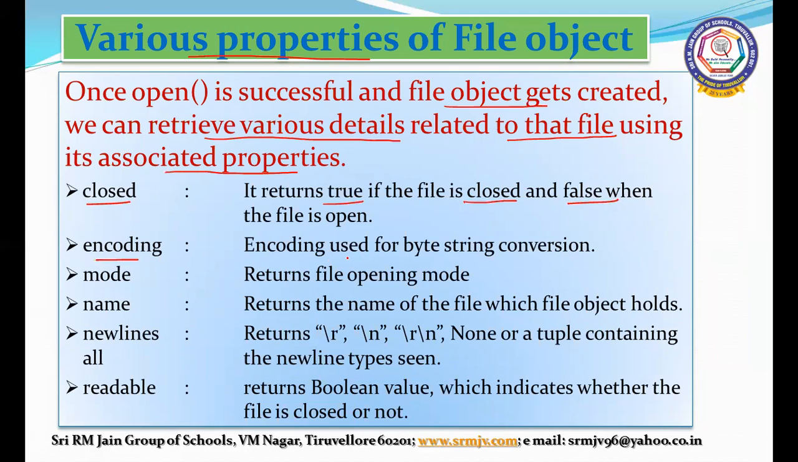Encoding: the encoder used for byte string conversions will be returned by encoding. Mode: returns the file opening mode, in what mode we have opened the file. Name: returns the name of the file which the file object holds. Newlines: returns \r, \n, or \r\n, or None, or a tuple containing the newline types present in